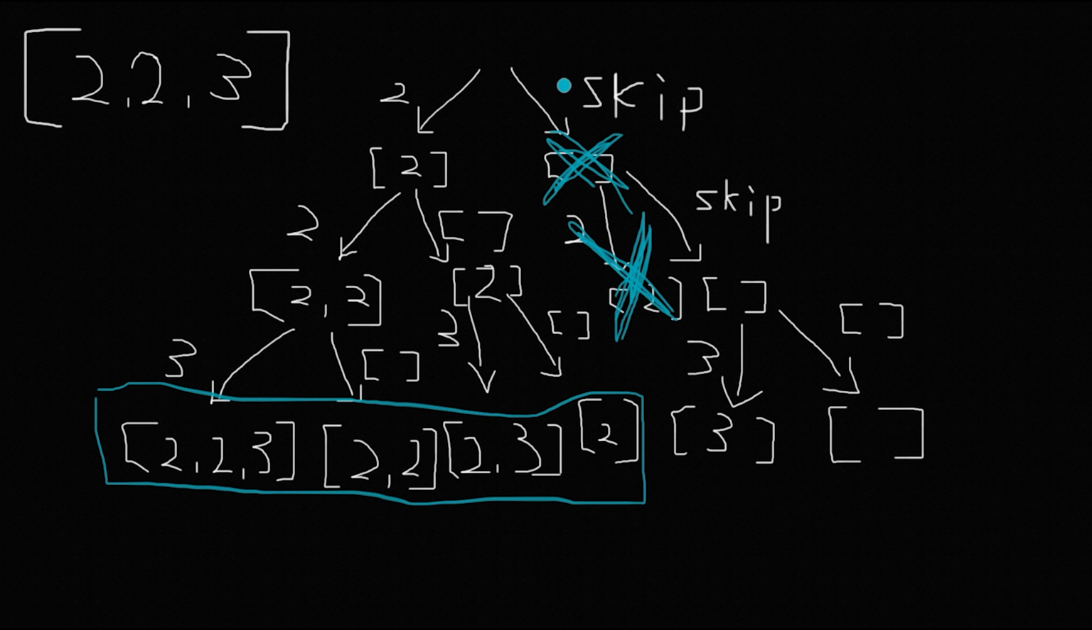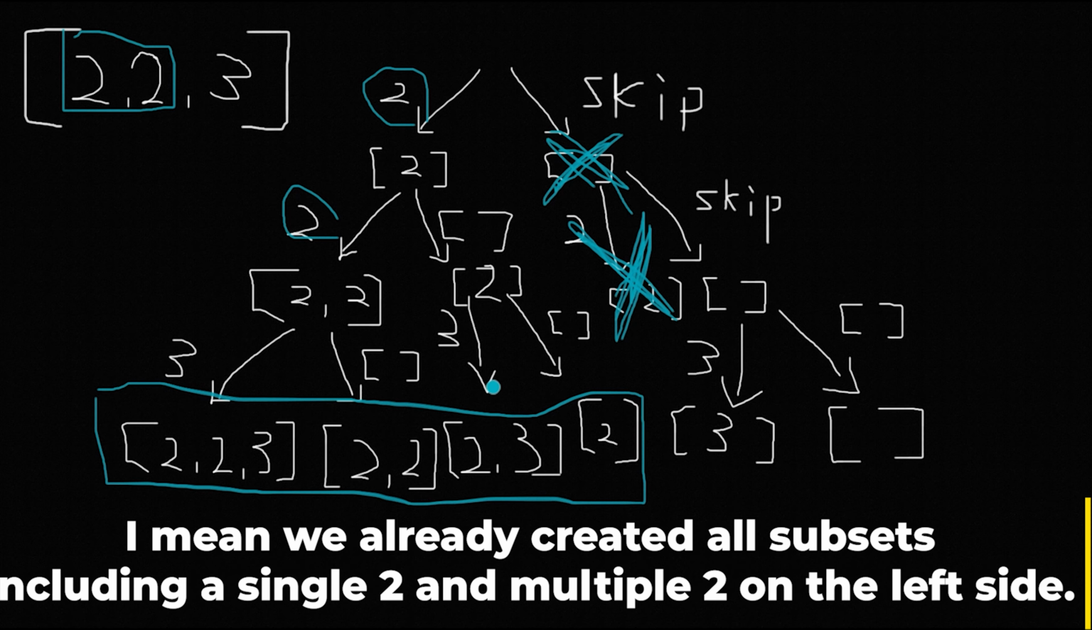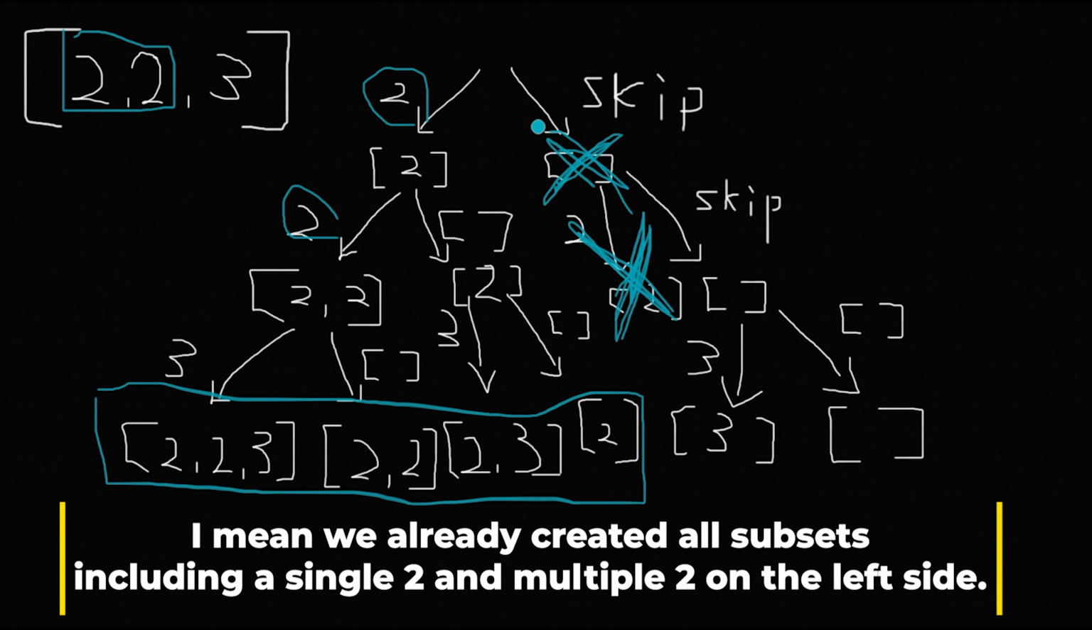So let's focus on the right side. You can see skip and skip. The reason why we can skip is that, as you can see on the left side, we already use the first two and the second two, so these two, and then create these subsets. So on the right side, if we use these two again, we definitely create duplicates. So that's why we need to skip these two until we find a unique number, which is 3 in this